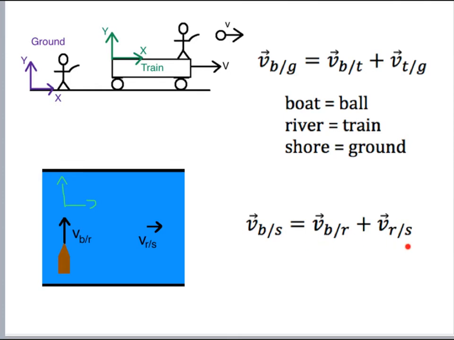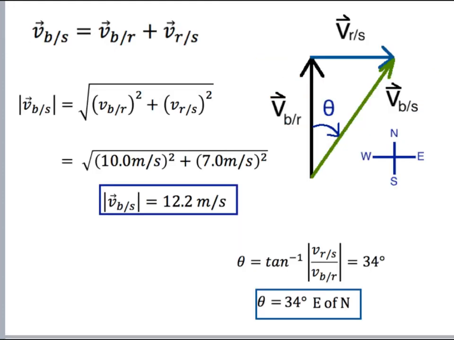This is just a vector sum, and we know how to draw vector sums. We do tail to tip twice. So here's the equation. We've got the velocity of the ball relative to the shore, and that's what we're looking for, is the velocity of the ball relative to the river. And so we were told that that is going straight across the river like this, plus the velocity of the river with respect to the shore. And we were told that that one goes to the right because the river was flowing to the right. And so this tail to tip twice, this is my vector sum, and this gives me the means of drawing